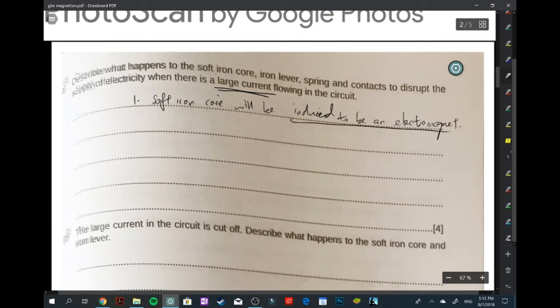So use this phrase over here, induced to be an electromagnet. Now when this happens, we have to say that this attracts the iron lever, and what happens next is which pulls the metal bar,